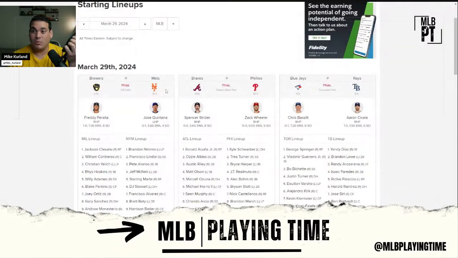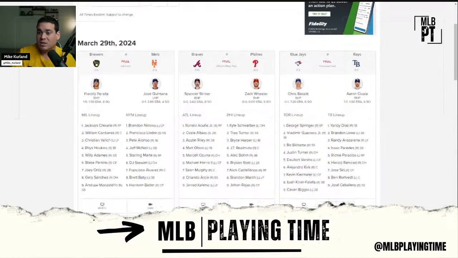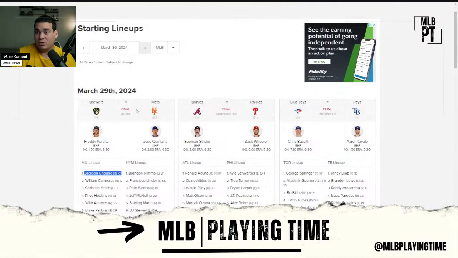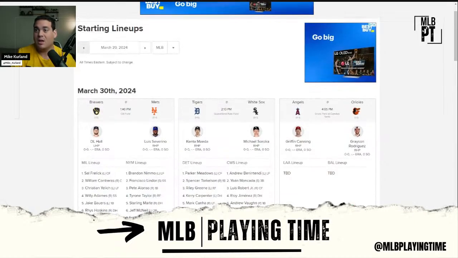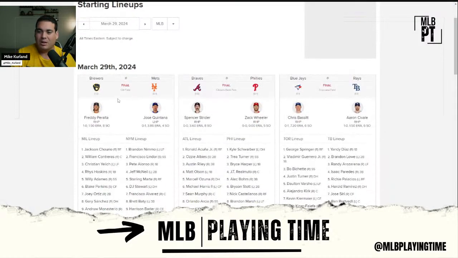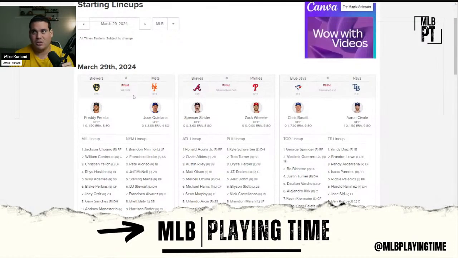So we're going to start with the Brewers, and obviously it was great to see, against a lefty yesterday, Churio lead off. Today, as you'll see, against a righty, he's already batting ninth, so it looks like he's going to stick towards the bottom against righties, lead off against lefties. Not really anything we didn't see coming. A little lower against righties than I anticipated initially on the projection.